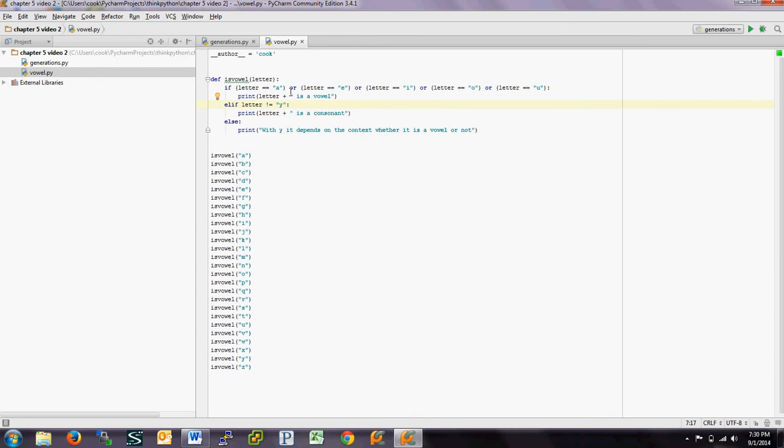So if the letter is not a Y and it's not one of these vowels, because we are in the else if case, so this case is failed. It's not one of the vowels. In this case, we're checking to see is it a Y. If it's not a Y, it's a consonant. And if it is a Y, well, it depends on what word it is as to whether it is a consonant or a vowel. So if we run this, and I did a test case with all 26 lowercase letters,